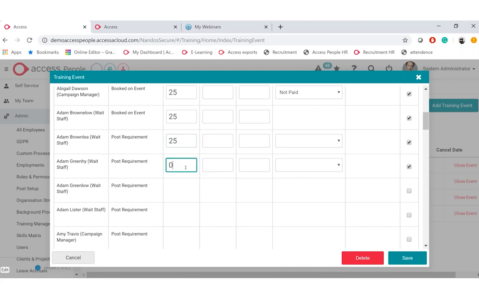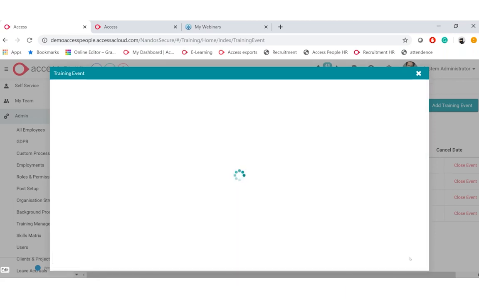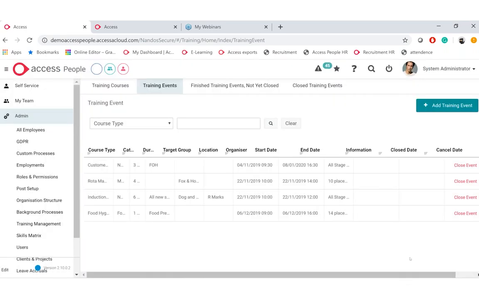The system will then notify the individual that they have been added to a course. And it will also notify them up to the day before, to remind them that that course is going to take place, because we know what employees are like. They'll say they're going on a course and then completely forget about it. So there's always those reminders in the background of the system.